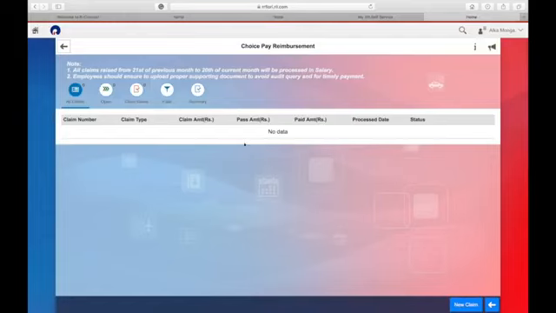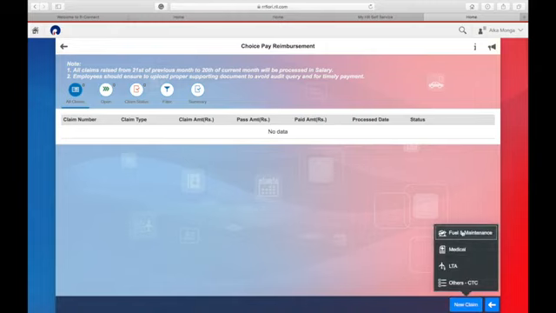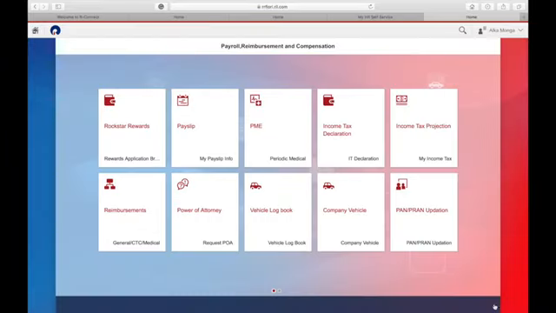And here you can create a new claim and update fuel bills, medical bills, LTA related bills, or any other CTC related reimbursement bills. All these bills have to be submitted before 20th of every month so that they can be considered in the same payroll cycle. Otherwise, they can be considered but in the next payroll cycle.